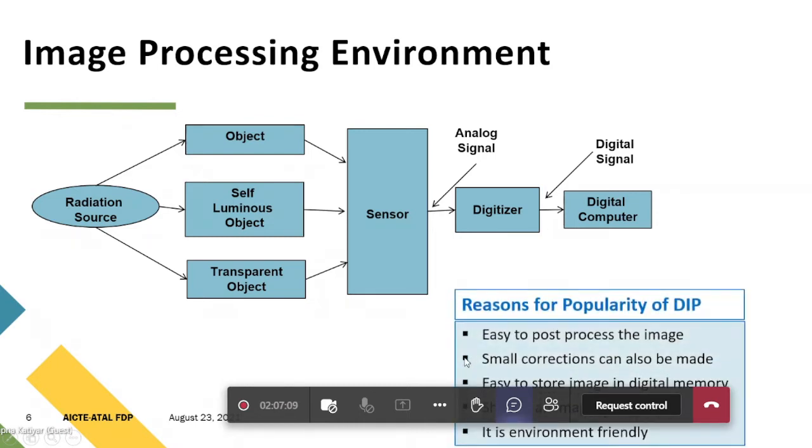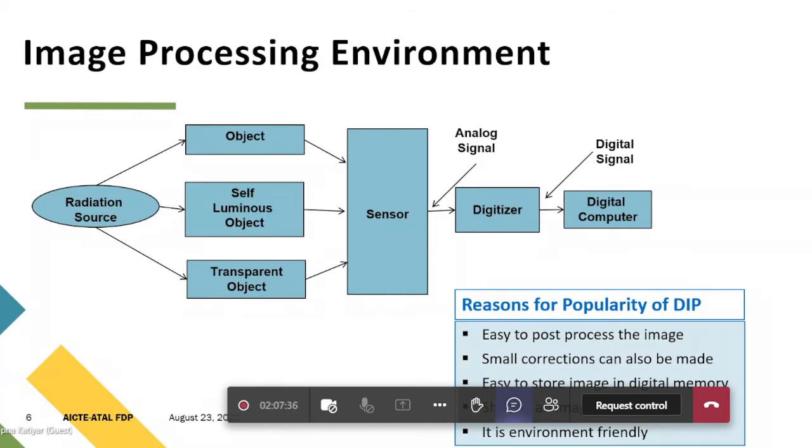As I've already told you, the motivation behind DIP, the reason for the popularity of image processing which is digital in nature, is that it is very easy to process the image. Even if you have captured the image once and there is a requirement to do certain small corrections, you can do that. If you didn't like the background, you can change it.